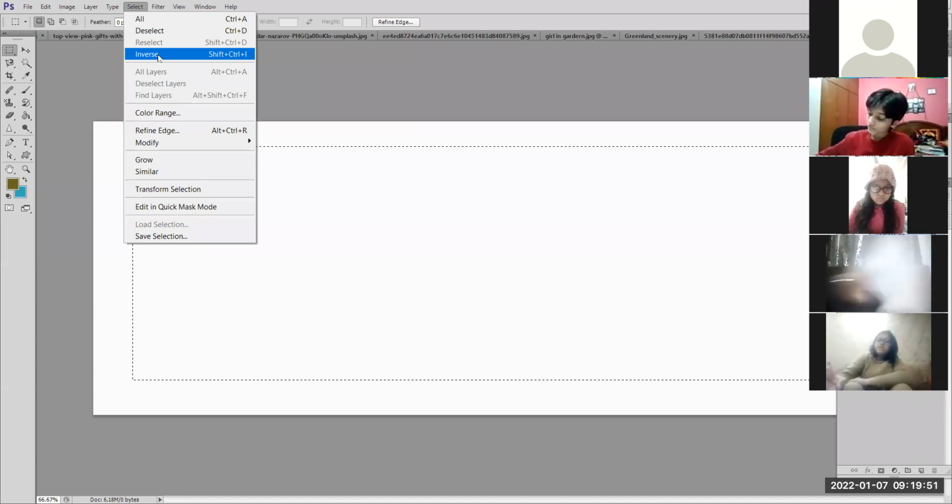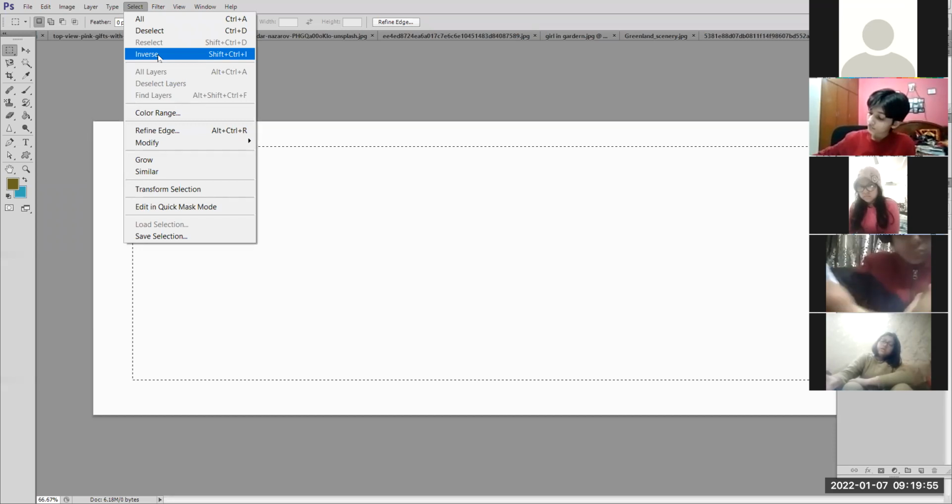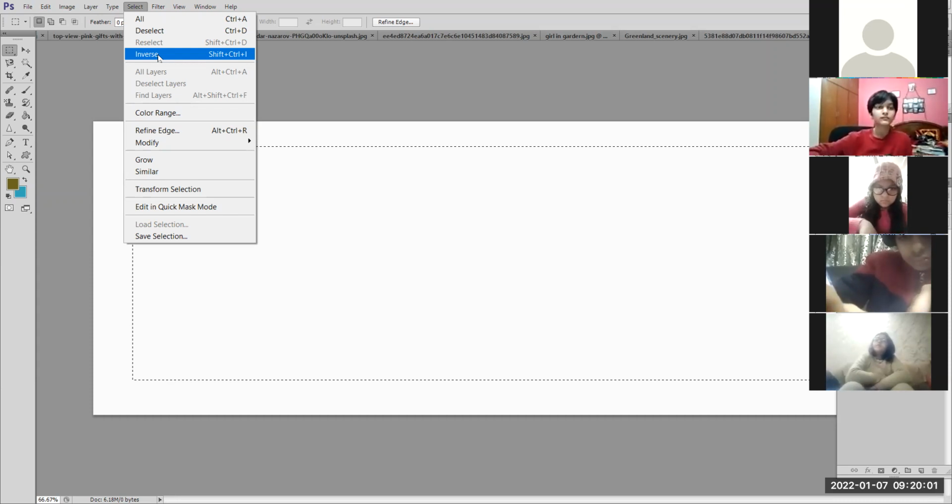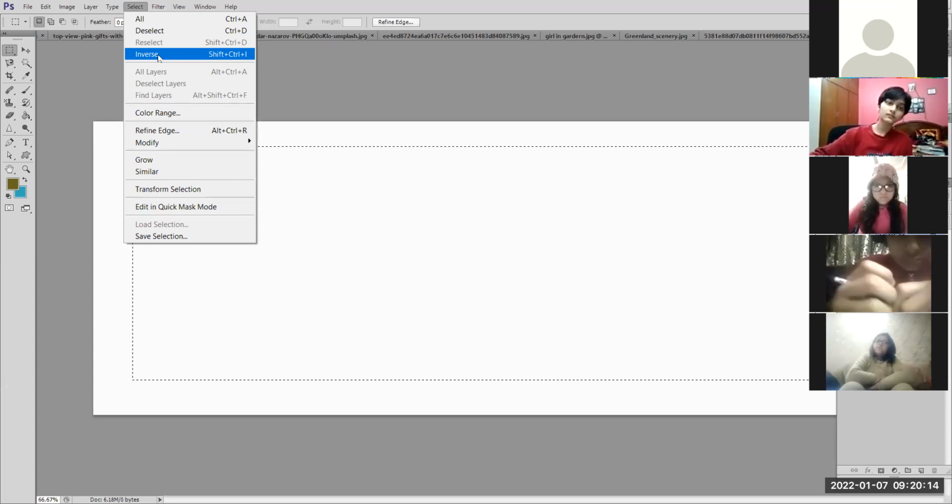These things are not given in your book, beta. Whatever I'm telling you, these things are not given in your book. So please pay attention and write down the keys also. This will help you. Shortcut keys are always quick and very beneficial in any software. किसी भी software में शॉर्टकट कीज हमेशा बेनिफिशियल होती हैं और क्विक होती हैं if you learn them properly and use them regularly.